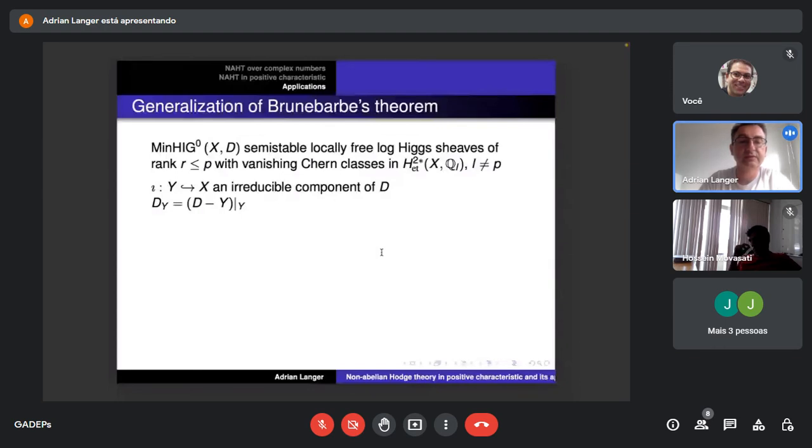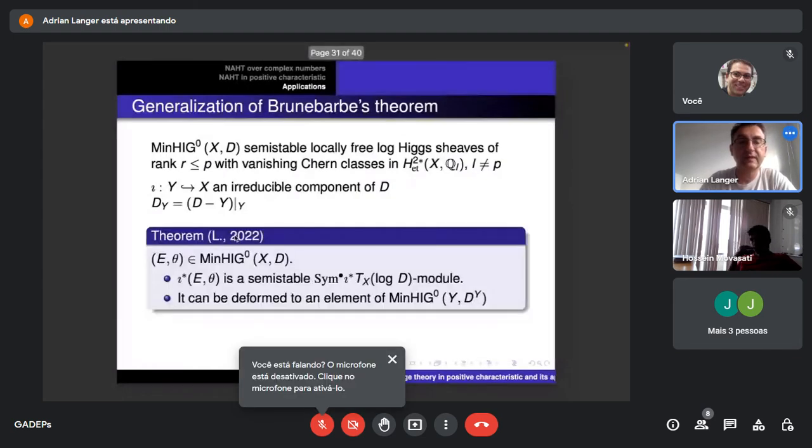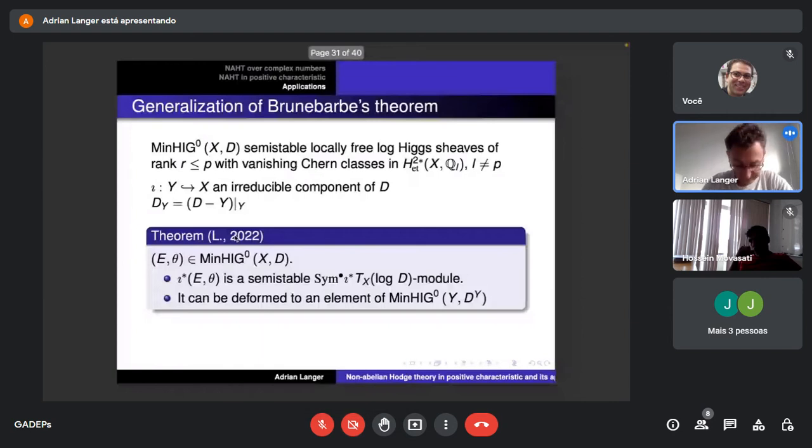Then if we have X, I consider an irreducible component of this simple normal crossing divisor D. Let me call this Y. This is some smooth variety, and then I can subtract from D this component Y, and I have a divisor that I can restrict to Y and get a divisor that I denote by D_Y. So the basic theorem that just appeared this year says that if you have a semi-stable locally free logarithmic Higgs